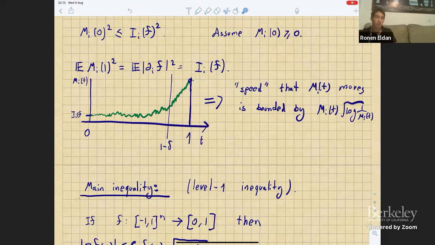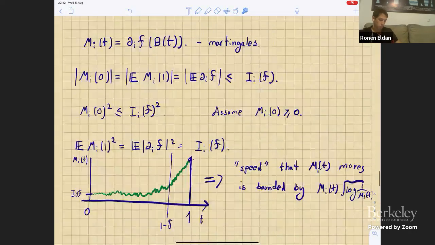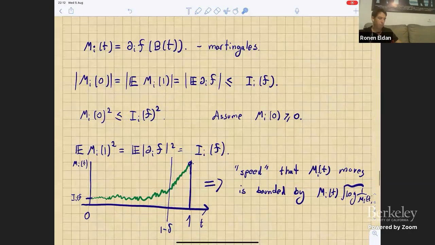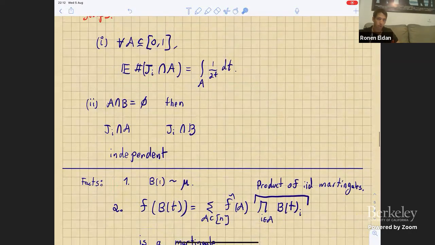Is there any implication for first passage percolation? So a consequence